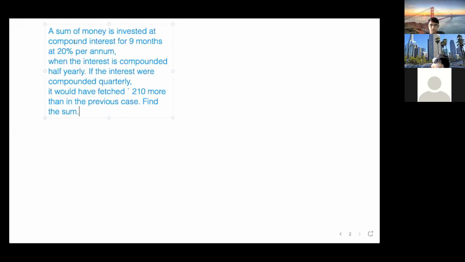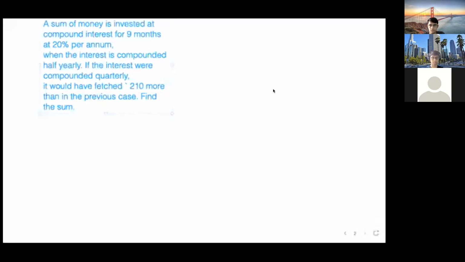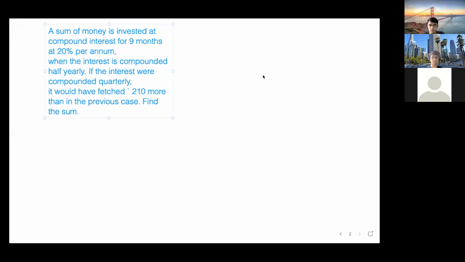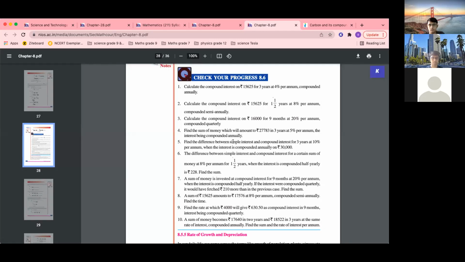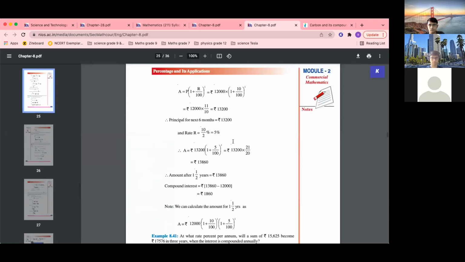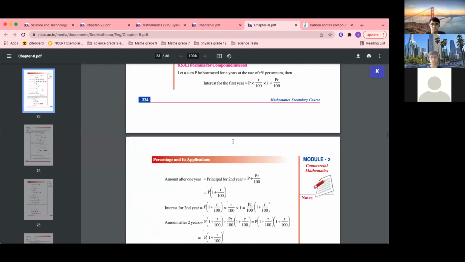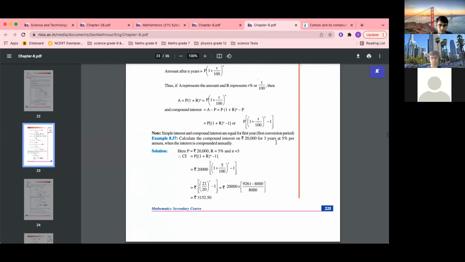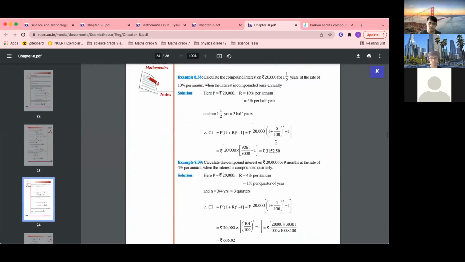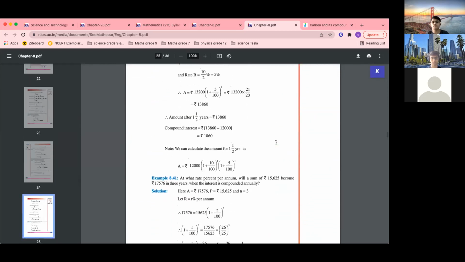Now, a similar question is there in your example too. So I'll just show the solved example question, same way. See, when we studied this formula, please mute everyone. When we studied this formula, remember we did one solved example when I was explaining this. P is borrowed at 8% per annum. No, not this one. This one.